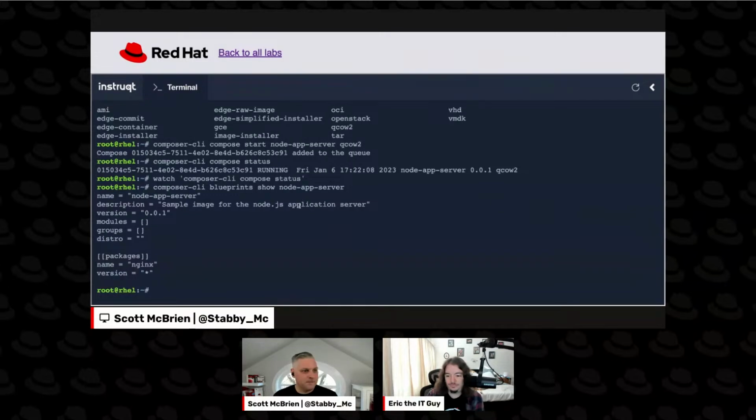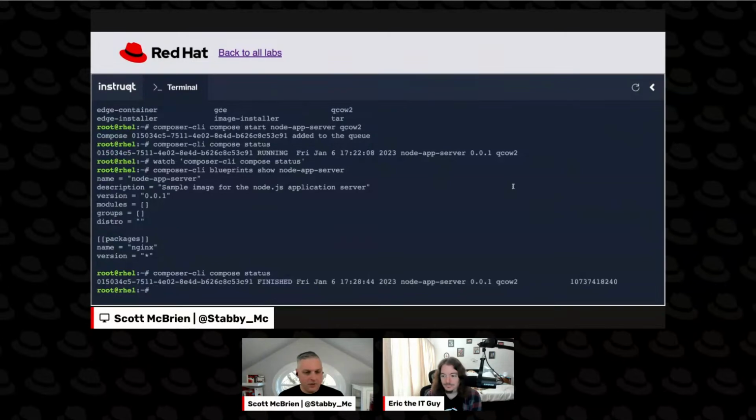All right. So we are here. We have our finished composer image. And we can do things like composer-cli compose status. Right, so this is what I was showing in the watch command, right? But what's important is this UUID number that I have, because that's how we track this specific image on the system. So if I do a composer-cli